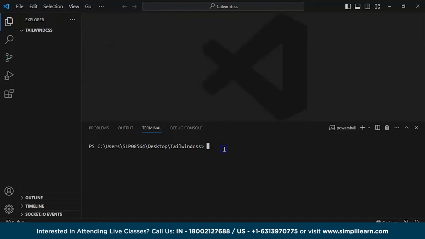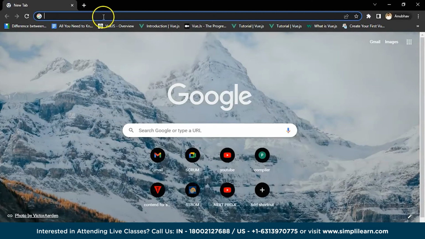Okay. Now, here I'll write node -v to check the version of Node. So for me, it's version 16.20. You may have different versions also, so it's fine. Let's open Chrome and I'll show you how to install